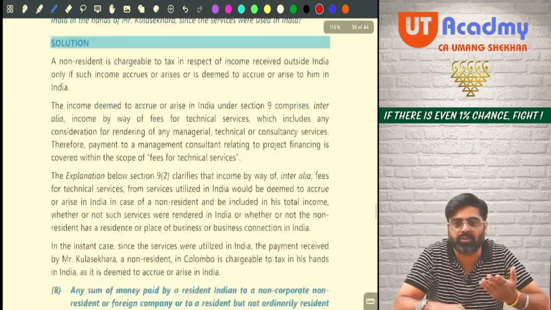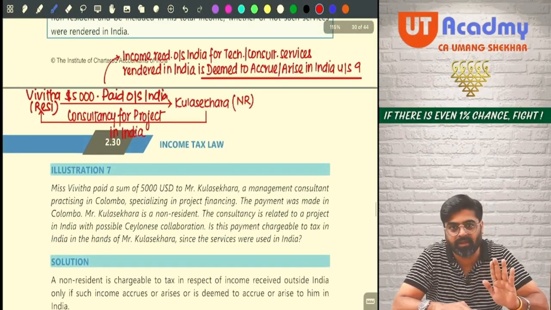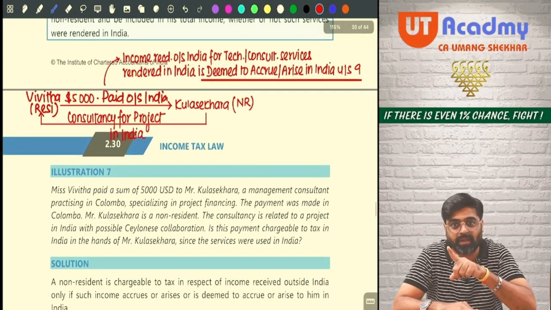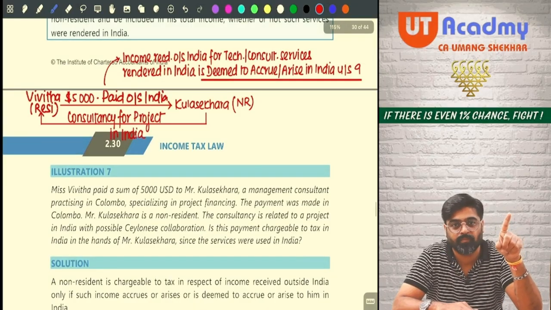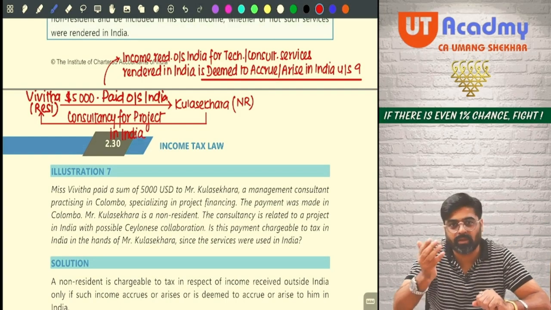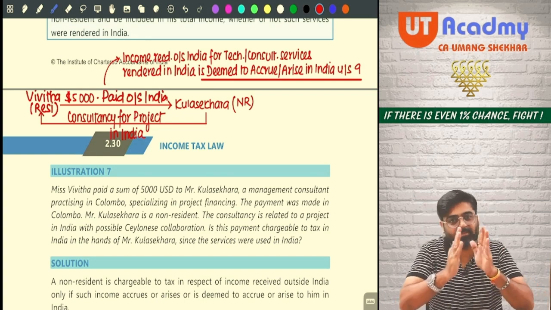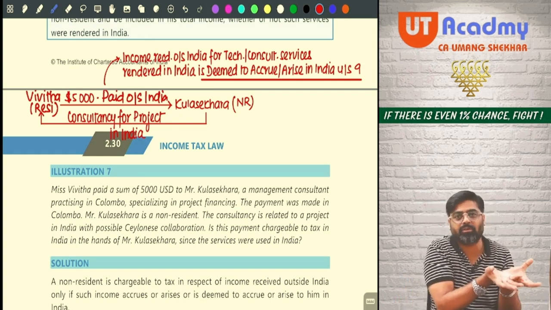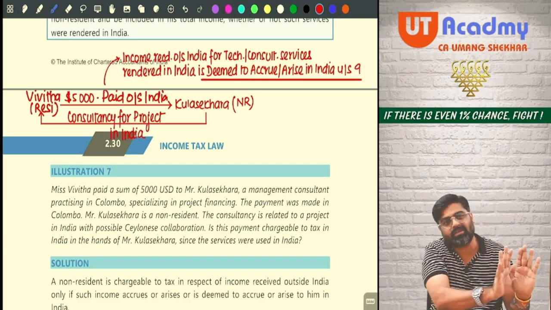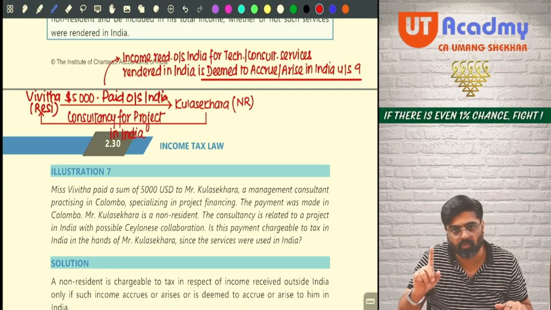No need to write down this story and all. Getting my point? Just imagine how easy things are and how the institute is making it complicated. Just imagine if some poor student is not having guidance and has picked up this ICAI study material and is doing the stuff directly from here. He will not understand. Things are complicated, but they can be presented easily also. So if easy presentation is there, then why complicate things? Sure? Shall we move ahead?